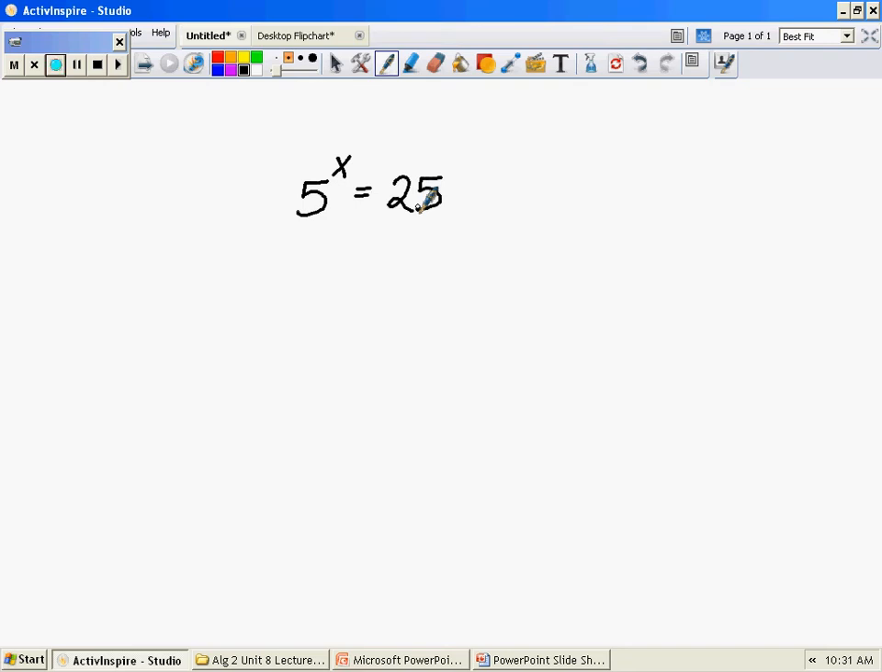No. What we're going to do first is we want both sides to be the same base. So I'm going to change 25 into 5 to the second power. And then, after that, what do we do? Since the base is the same, you can cross it off, right? And we have our answer. But